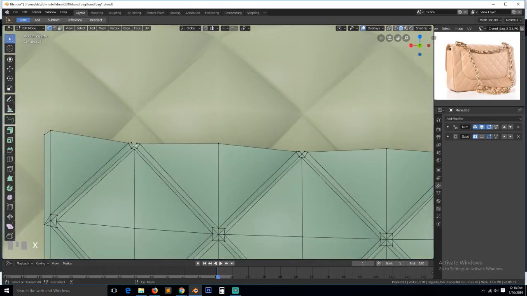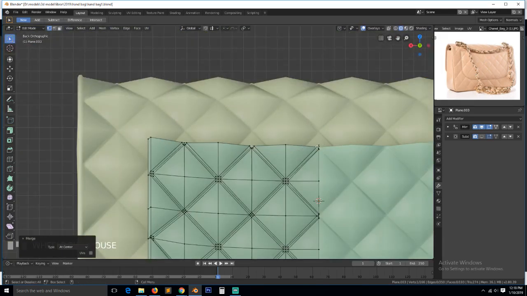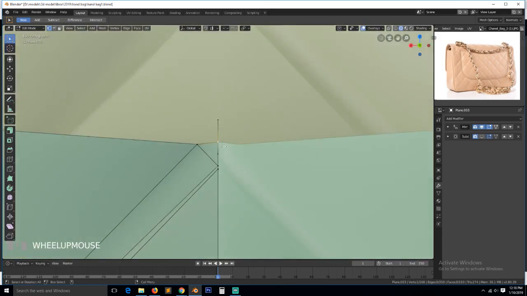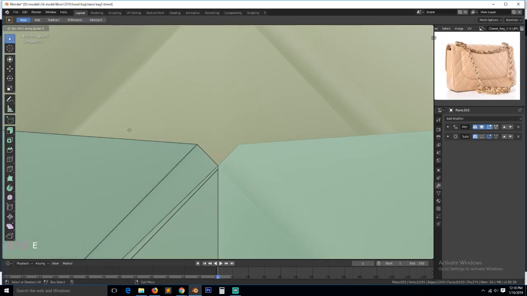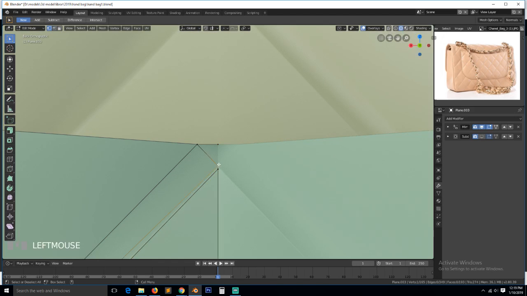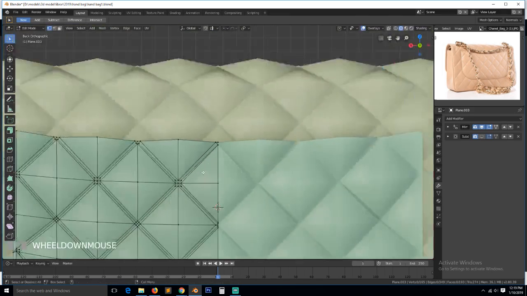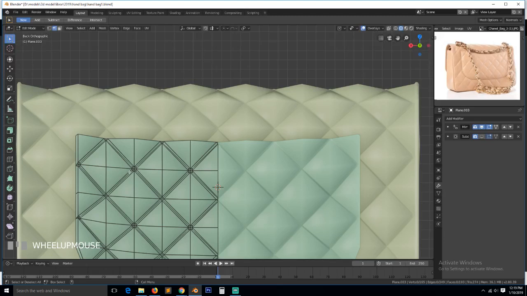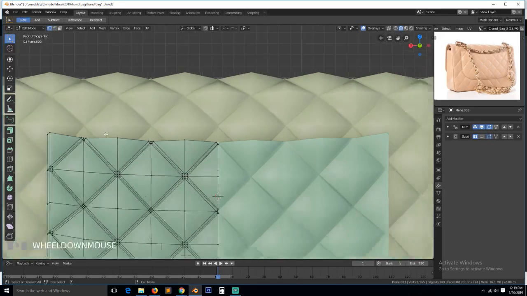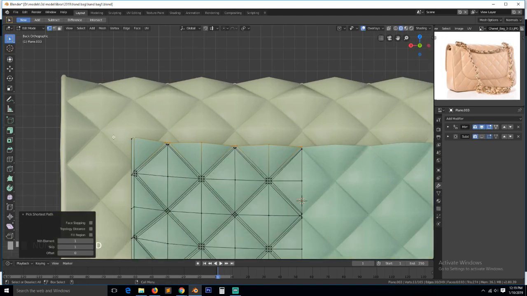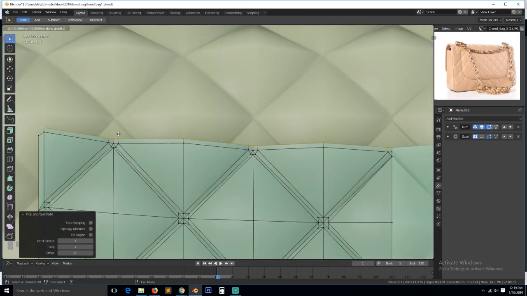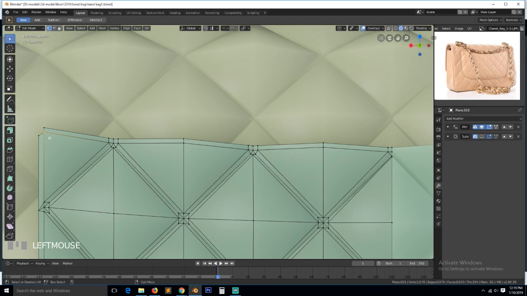So at the top here, you can just merge them to the center like that. And here, we don't need these vertices. You can just select this, extrude, and turn on clipping. Since clipping is turned on, it will just delete those extra vertices. We also need to extrude this part here. Extrude up like that. Can select this, bevel this edge loop,